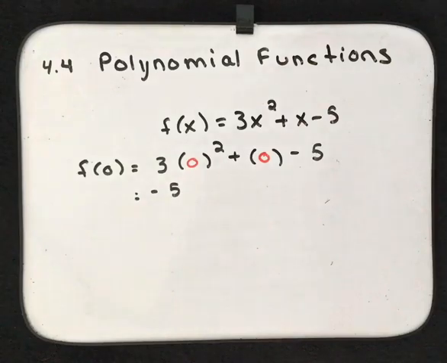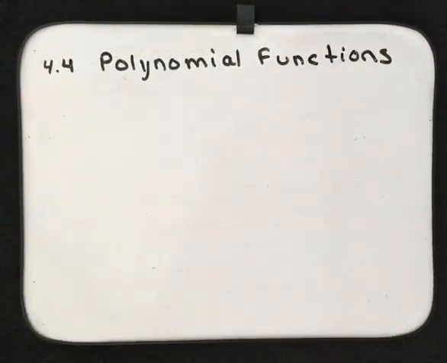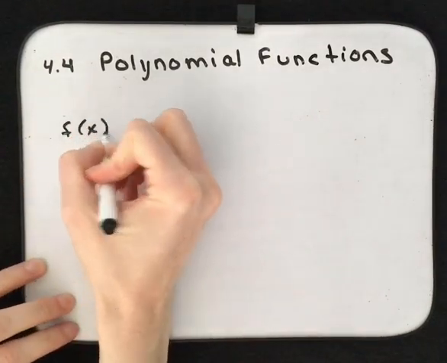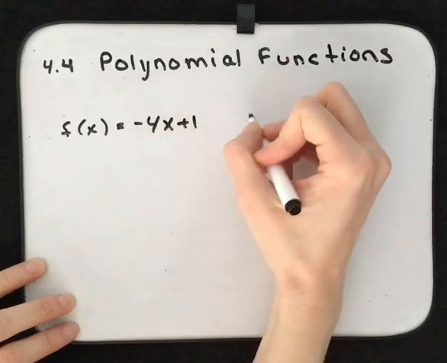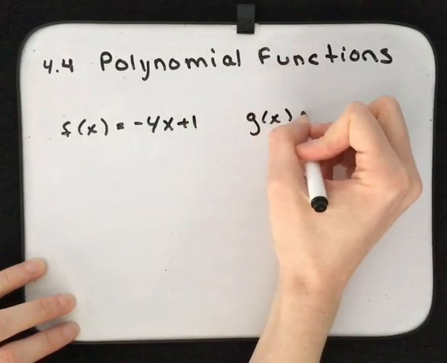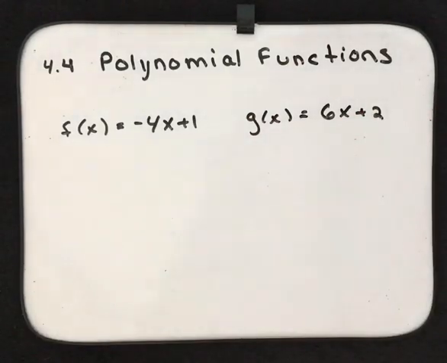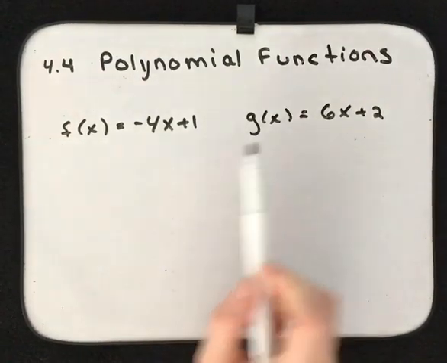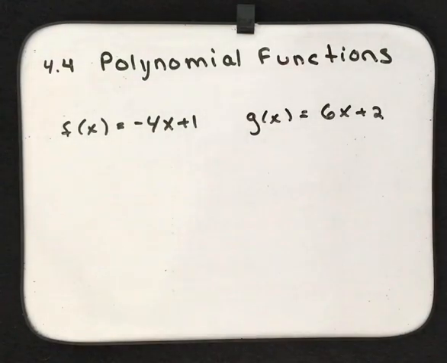Let's look at adding and subtracting some functions. So for this example, let's say you're given two functions. f of x equals negative 4x plus 1, and g of x equals 6x plus 2. So you have two functions named here. You have function f, and you have function g. The f in the beginning and the g in the beginning are the function names, so that way you can